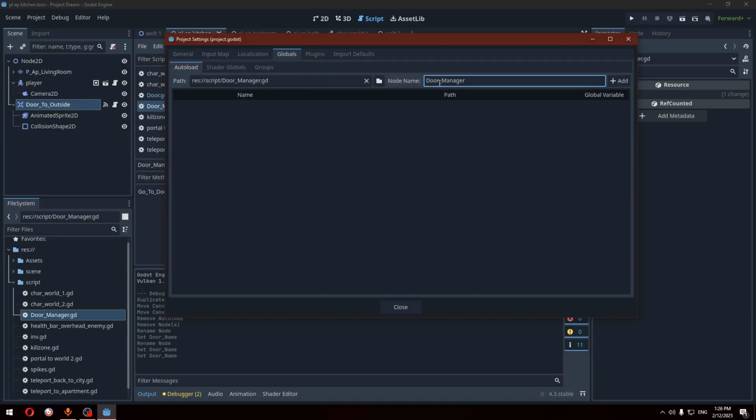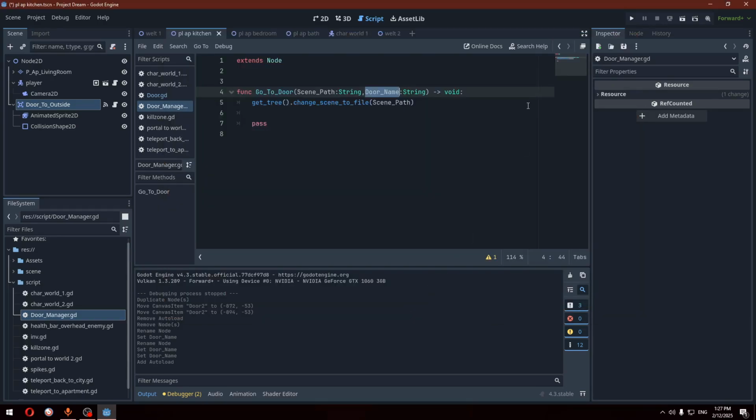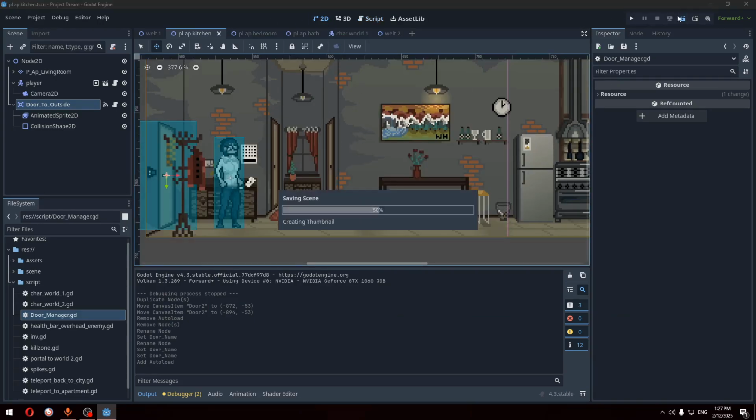Now let's rename it to door manager and close. But before that, let's explain what are globals, or the auto-load globals. These are objects or scripts that get to be loaded in every single scene. So for example, if we play our kitchen scene